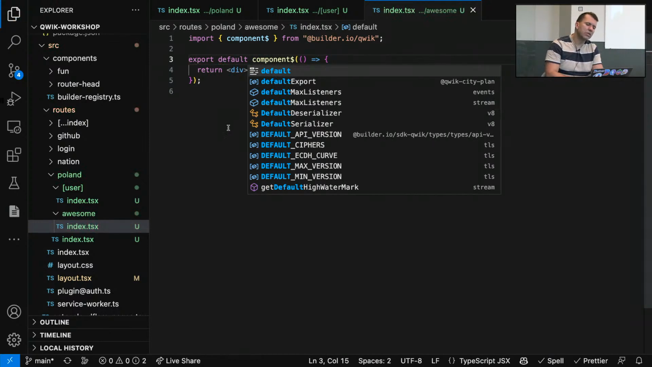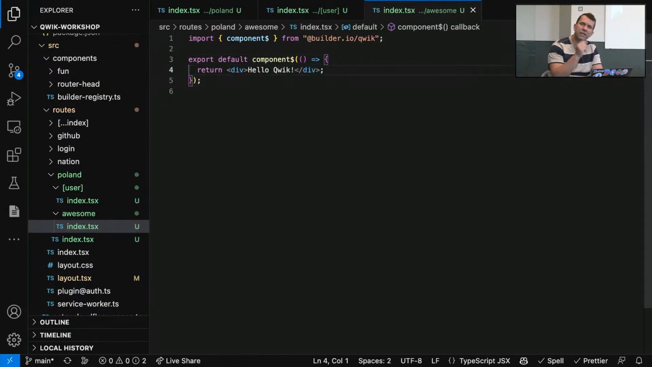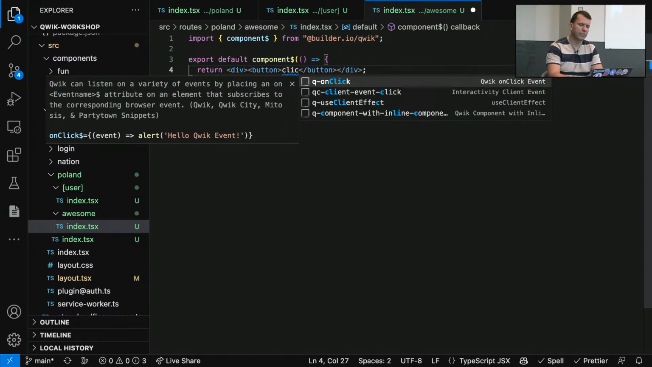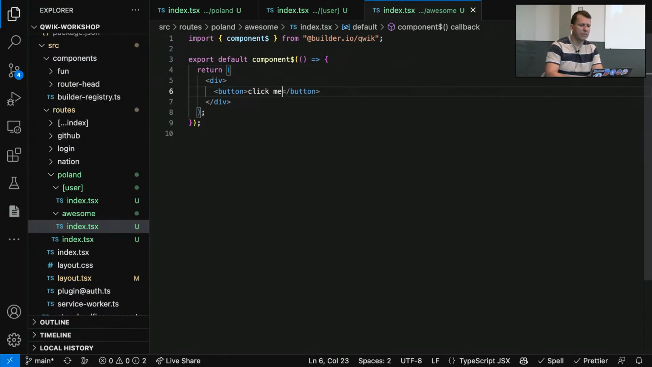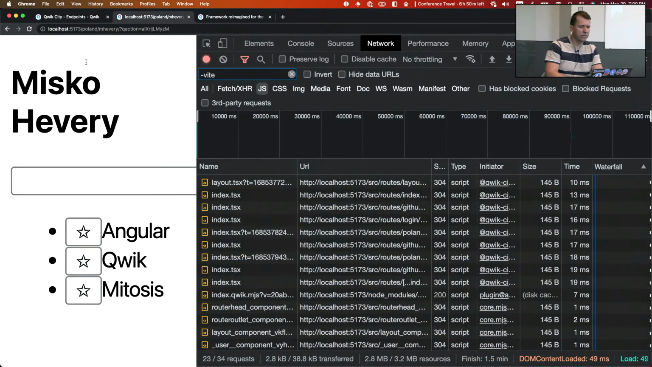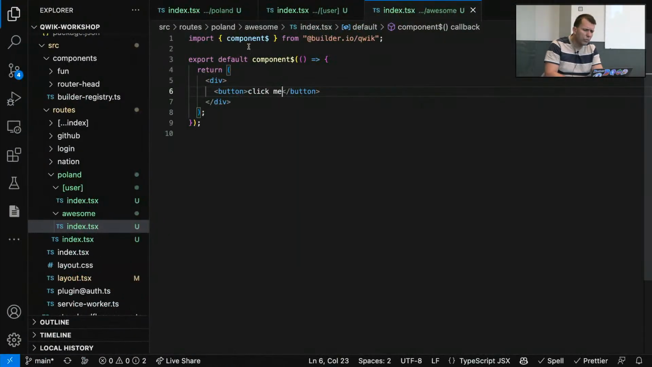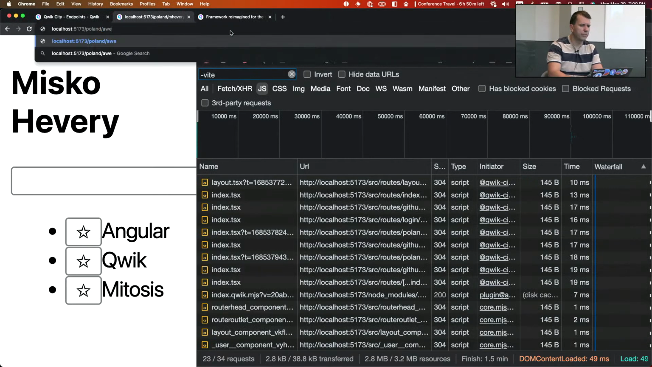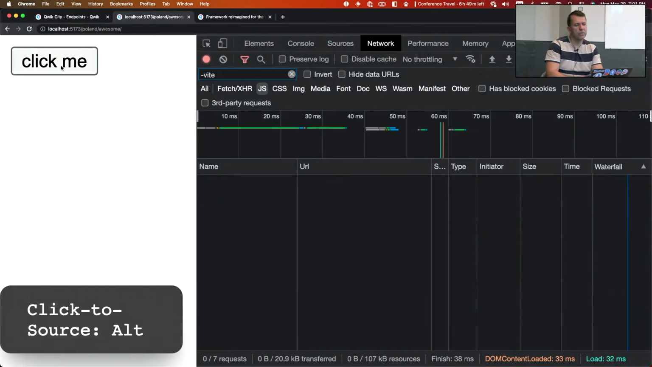Okay. So let's talk about unified execution model, and that is where do things run, right? So let's create a button here. Okay, so no listener, right? Let's see. We have to go to awesome. Okay, so we have a button here